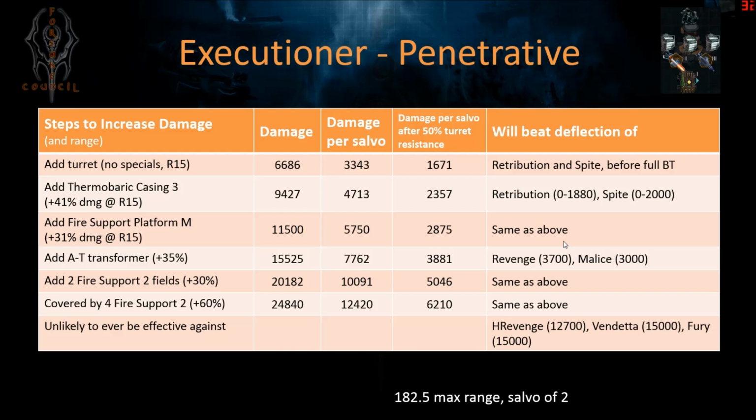But let's compare. When you get to the 2 specials at R15, the transformer and 2 fire support fields, this turret will be firing 2 missiles, each one doing 5000 damage. So let's say it's going against a Malice, each missile will be actually doing 2000 damage, for a total of 4000. The Deadeye was doing 3700, so you had 3800, so you had about 800 only hitting the Malice times 3 missiles. That was 2400 damage for the Deadeye Executioner getting through, right? Versus 2000 here